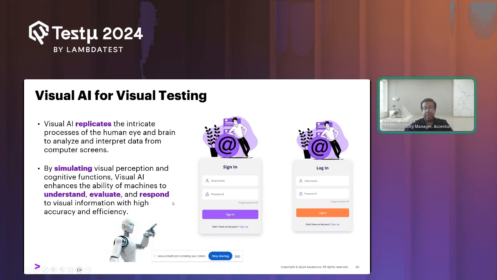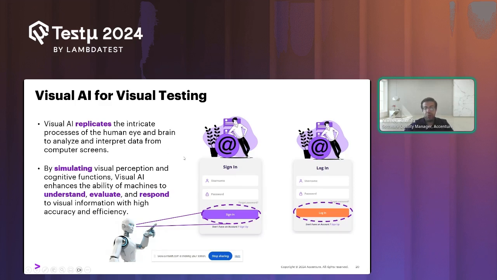And this makes things much better, right? Because you don't rely on pixel differences. You don't rely on DOM structure, but you really focus on the elements themselves. And this means that if you have a font, you don't deal with it as pixels, you deal with it as text.